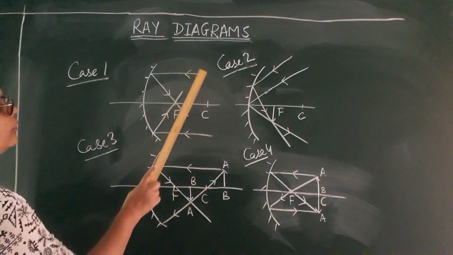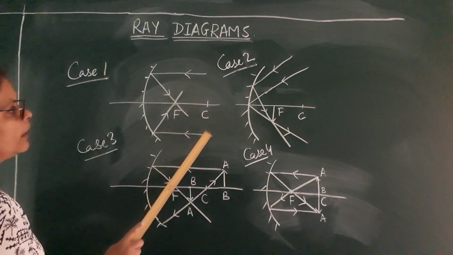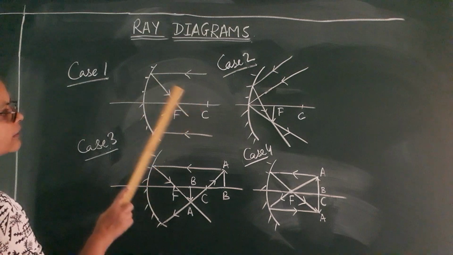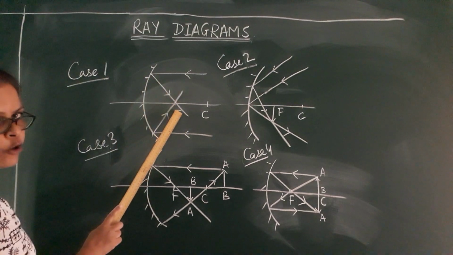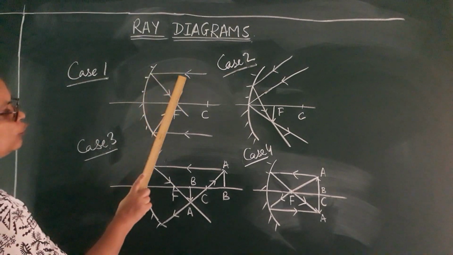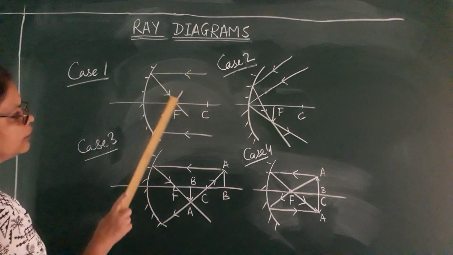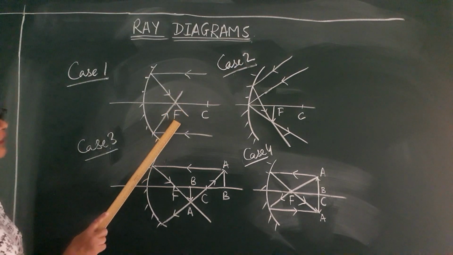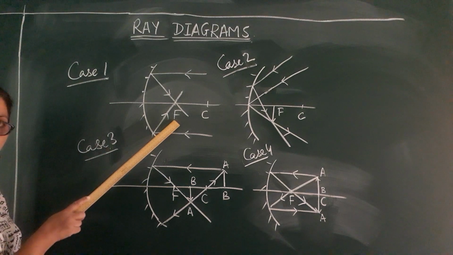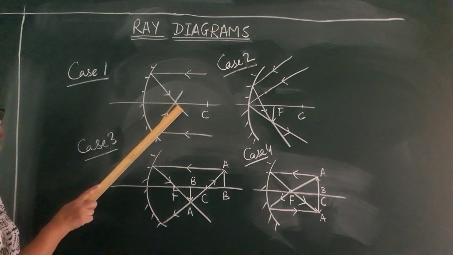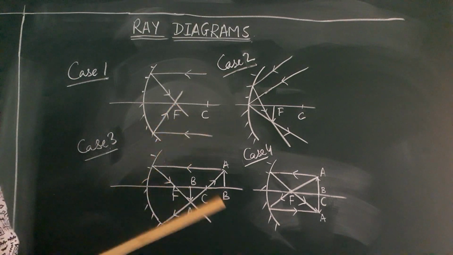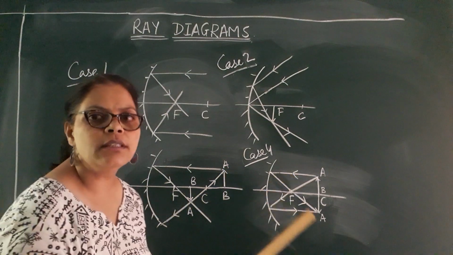Now you can see that the rays of light are coming from infinity, and I am following the rule: a ray of light moving parallel to the principal axis passes through the principal focus after reflection from the mirror. When I take two parallel rays and they pass through the focus, you can see the image is formed at F. Children, the image is formed at F. Now what are the characteristics of this image? It is real, inverted, diminished to a point, and it is formed at F. So this is case 1, which we have already done. And remember, you have drawn this case with me.